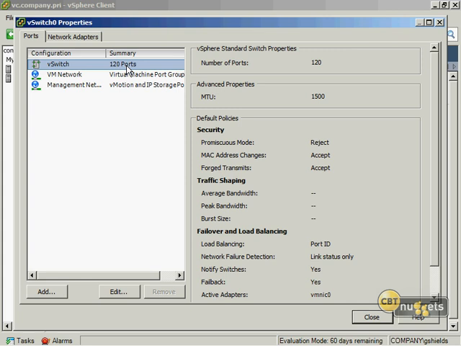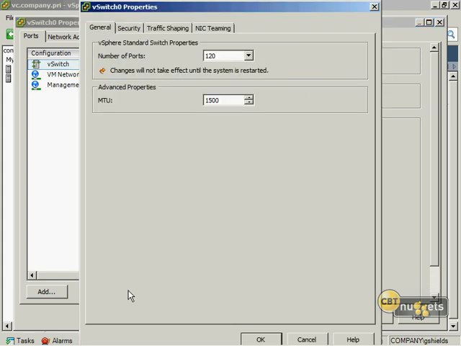The first thing I want to take a look at here is the vSwitch. And you'll notice here that this vSwitch is currently configured with 120 available ports that it could pass out on the left-hand side of the equation. I also have the opportunity to change the MTU properties associated with this vSwitch. Now, if you're familiar with the concept of jumbo frames, the MTU size is generally set to 1500 by default, but we can set this up to as far as, I believe, 9000 to enable jumbo frames to occur across